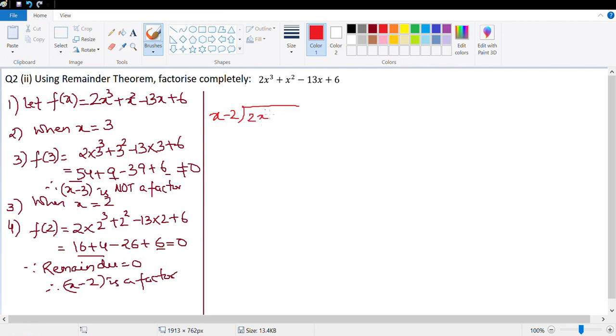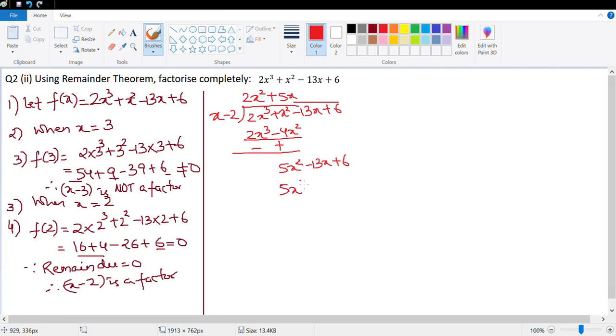So this is 2x cube plus x square minus 13x plus 6. I'll multiply it with 2x square. This gives me 2x cube minus 4x square. When I subtract, the sign changes. So we have 5x square minus 13x plus 6. Multiplying it with plus 5x, that gives me 5x square minus 10x. When I subtract, the sign changes. This is negative 3x plus 6. Multiplying it with negative 3, that gives me negative 3x plus 6, which means we figured out the